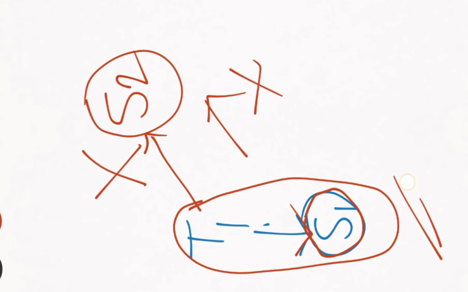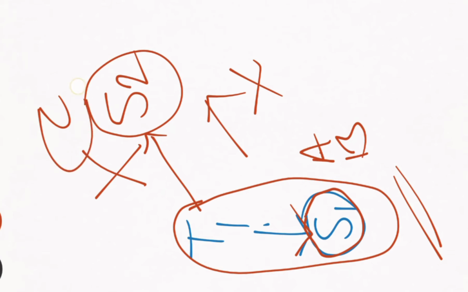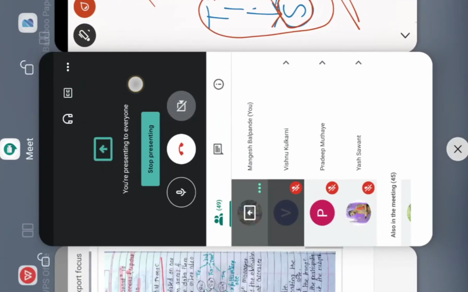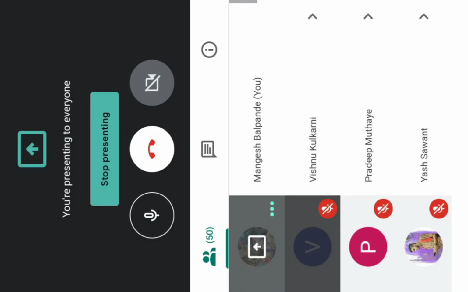It will get executed only on S1, and it will update whatever data items are present on site S1. Like, if I am saying data item A and data item B are present on site S1, it will update those data items only. It cannot go to data item C. Suppose data item C is present on S2, then it cannot update data item C. So that is called a local transaction.